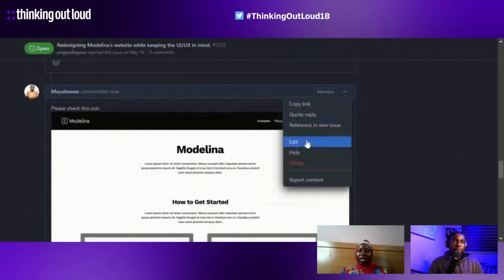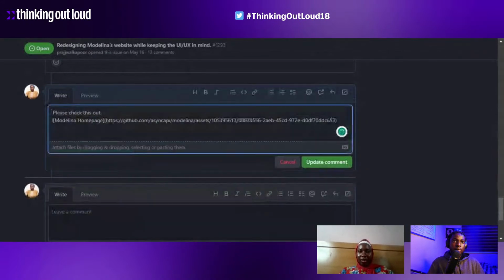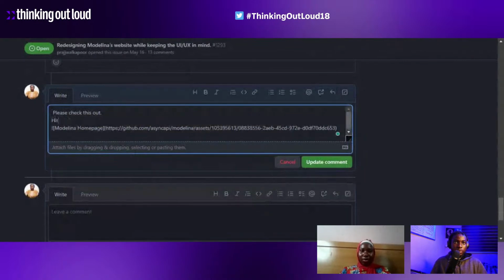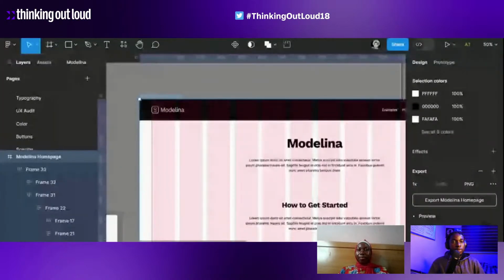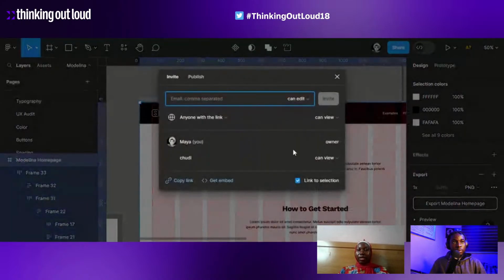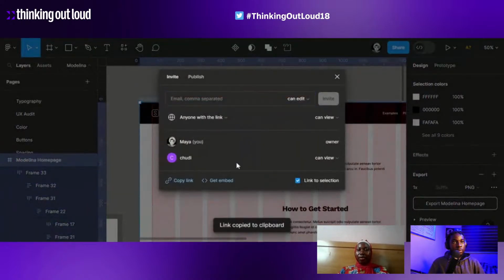So let's say you want to share the Figma link. Here's the Figma link. I'm just going to click on this link. I'll go back to Figma. I'm going to share this tab. Click on share, then copy,